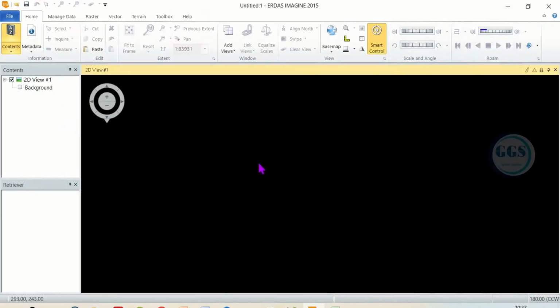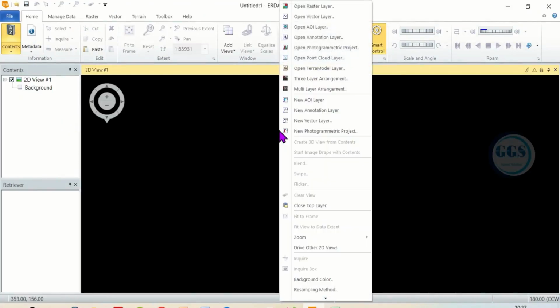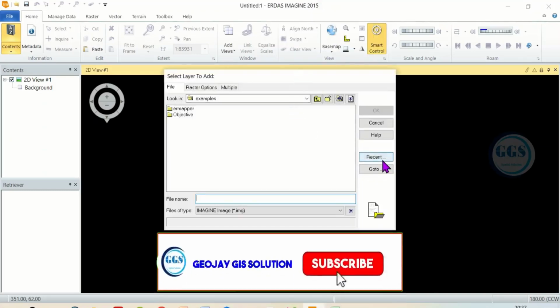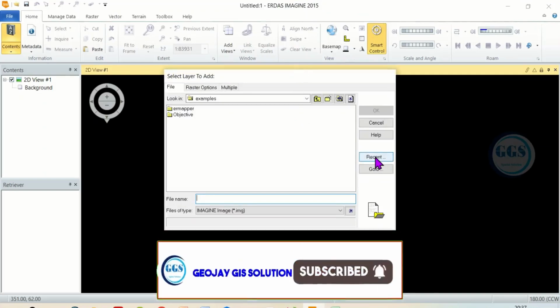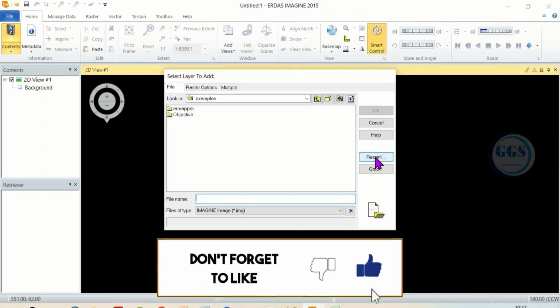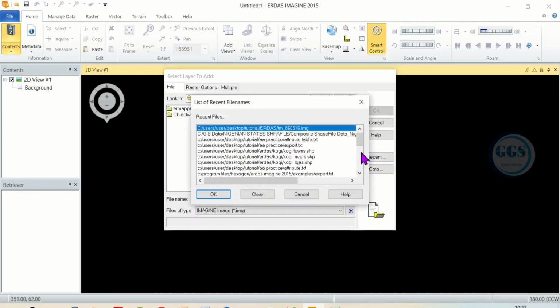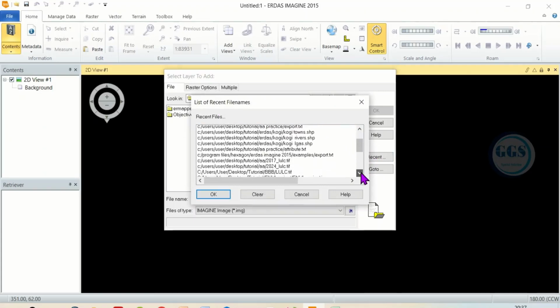In ERDAS Imagine, if you want to bring in raster or vector data, for example, you just right click at the view and click, for example, open raster layer. So now if I click on recent, it will help me to easily navigate to my working folder. Here you can see the list of recent file names, and if you look here, they are so many, and this